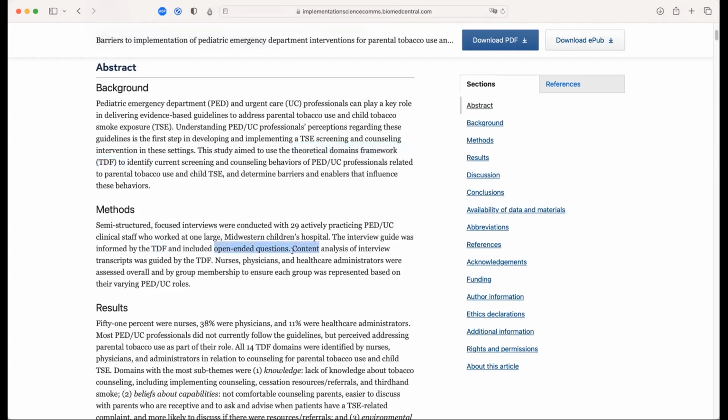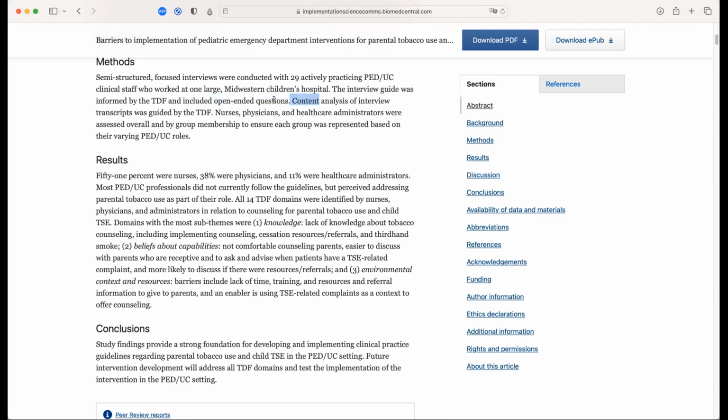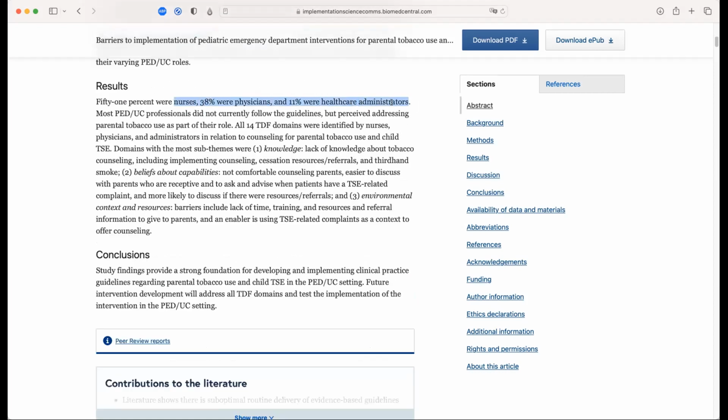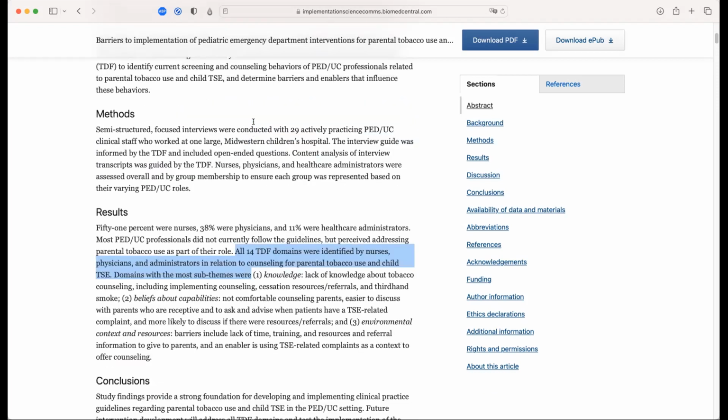And they specifically included open-ended questions. So things that aren't just yes, no, or this number, but things that invite people to expound. And so they then did a content analysis of the transcripts. Now, we can see that this is aimed at practitioners, nurses, physicians, and their administrators. And we see that they were looking to see, did the results fall into a set of domains prescribed in